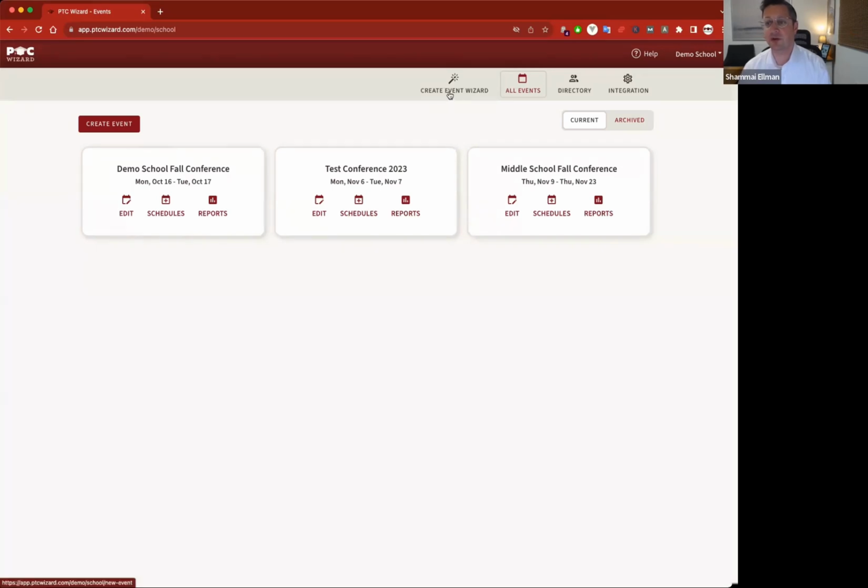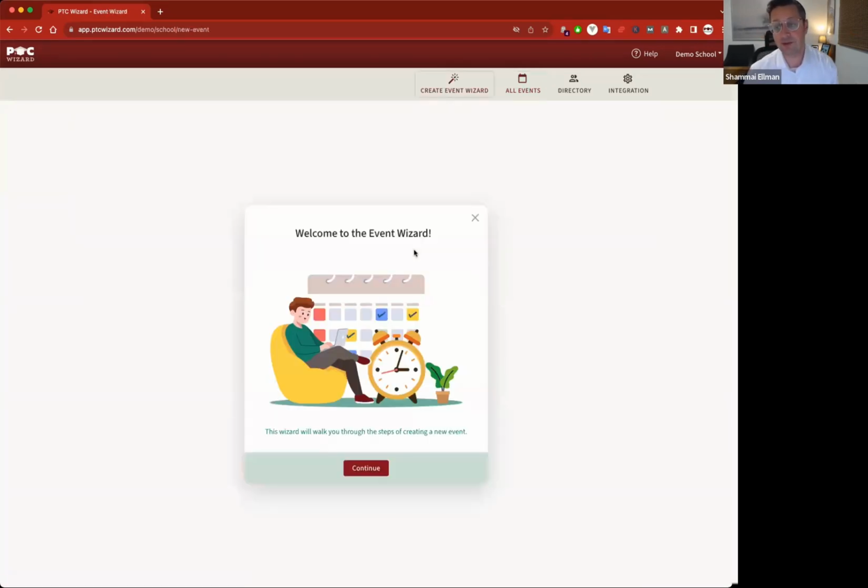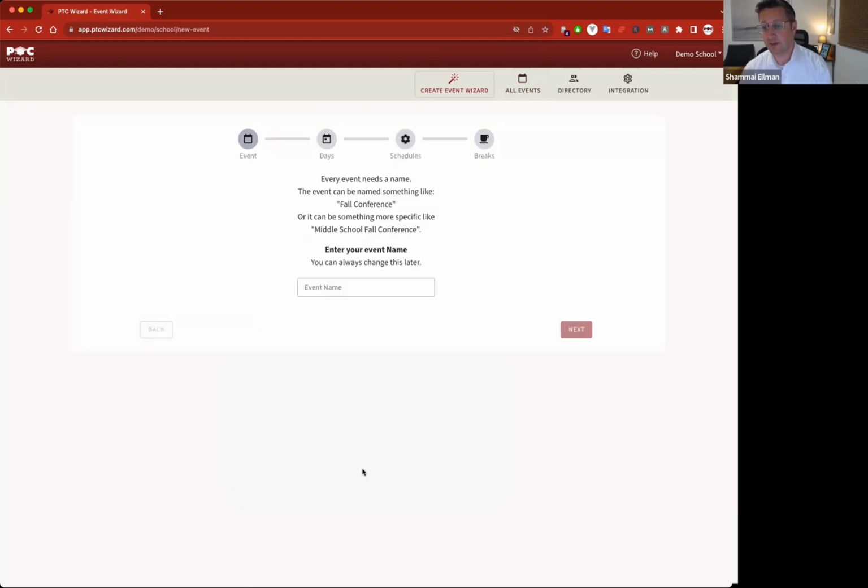Let's start by using the Create Event Wizard so you can see how to set up an event the quick way, which would be guiding through the process of creating a very standard event, which we can talk about how to make adjustments to that event after it's already created. It's a simple process that you just follow the instructions, and on step 1, you're going to have to give